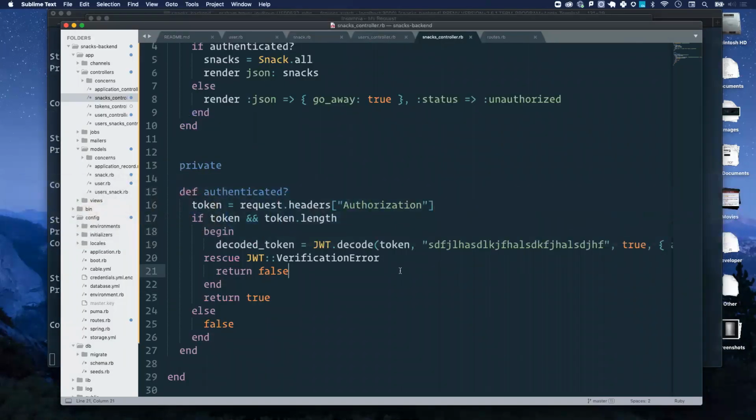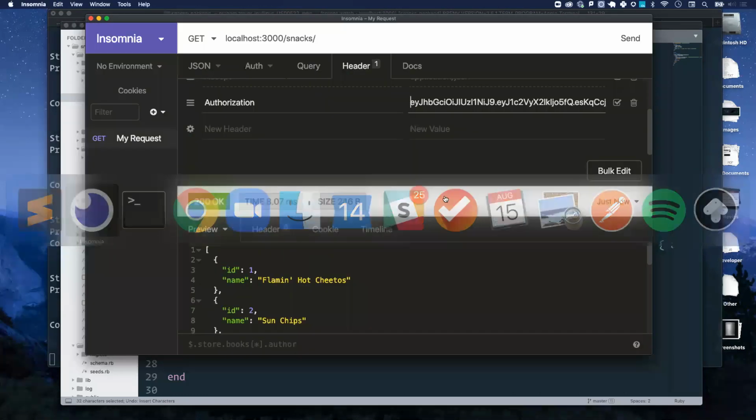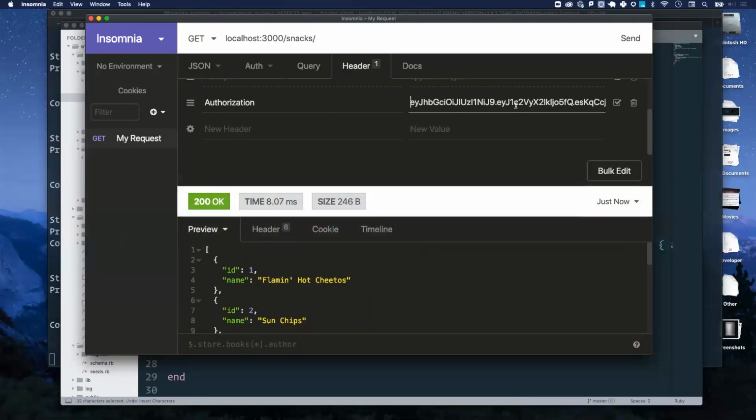Questions? Sorry, could you kind of walk through that method once more? Sure. Can you actually walk me through it and I'll chime in when needed? All right, so we're setting our tokens equal to the request headers, the authorization header in the hash that Rails gives us of all the headers that were provided from the client on this request. This header will be whatever I have from the client right here. Whether that's nothing,